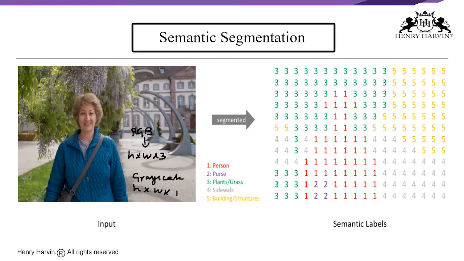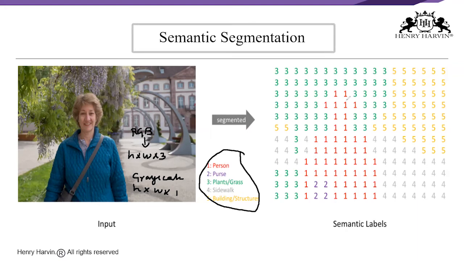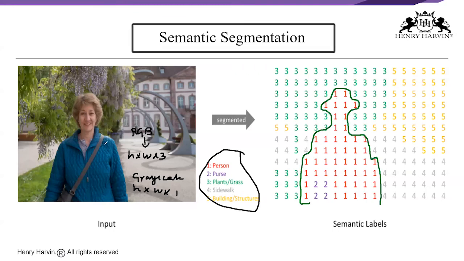So how do I understand it better? Let us look into this image now. Here there is a person with a bag or a purse, and there you can see some plants or grass, and then there is a sidewalk over here. There is a building, right? Say for example, these 5 we are going to consider now. Number 1 is person. So now if you look into this label, you can understand that, right? Is it clear? This one is nothing but the person.